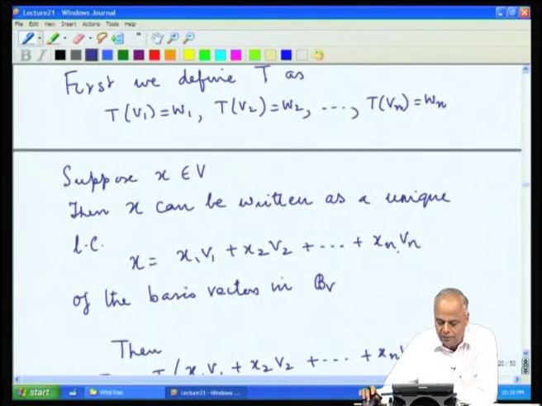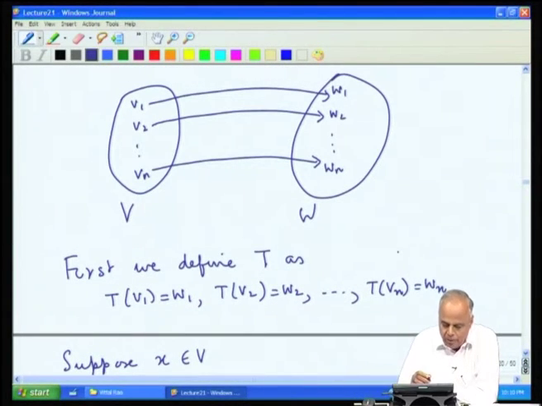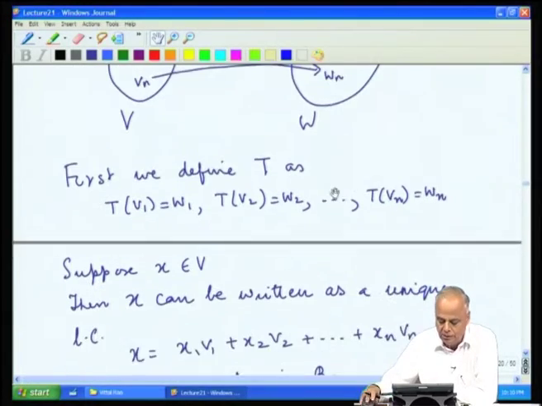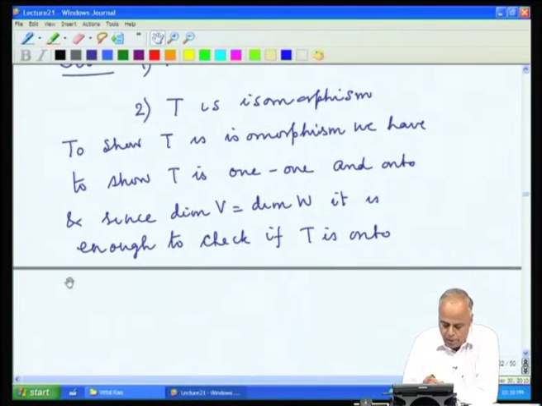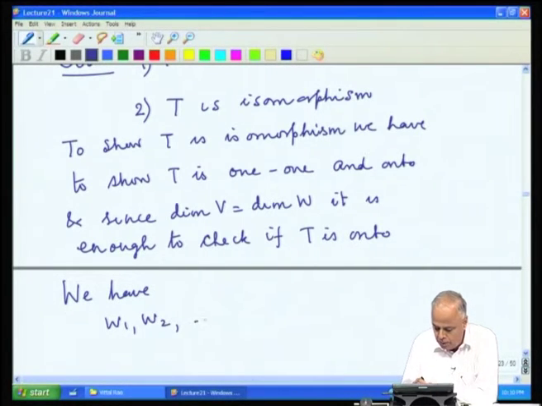Let us look at the definition. If we look at the mapping now, we have w_1 belongs to the range of T, because w_1 is the image of v_1. Similarly, w_2 is the image of v_2. So, w_2 belongs to the range of T, and finally, w_n belongs to the range of T. So, we have w_1, w_2, ..., w_n all belong to the range of T,